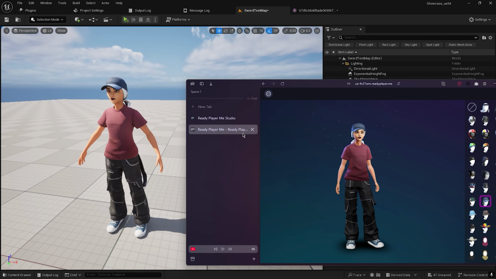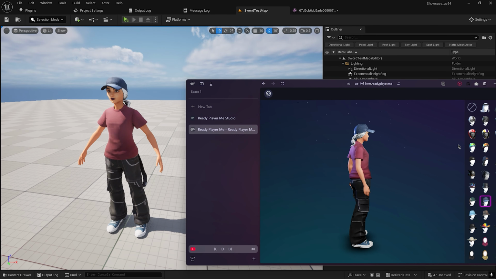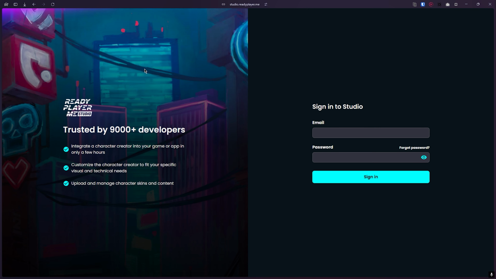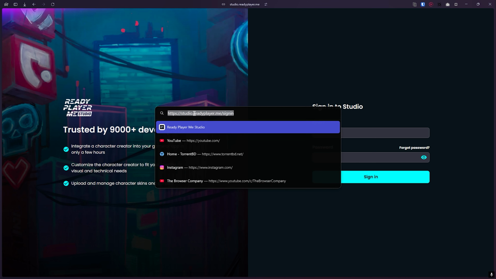Today we will learn how you can create your character in Ready Player Me and import it into Unreal Engine. Okay, let's go. So today we will be creating a character with Ready Player Me Studio. So you need to go to this site